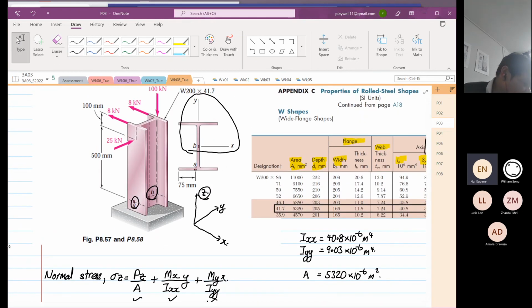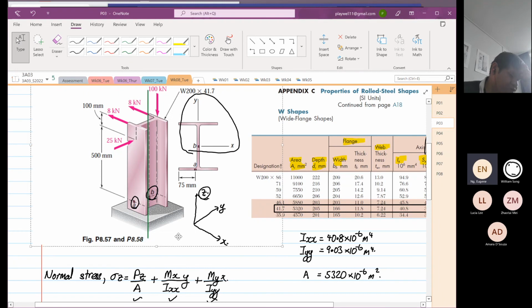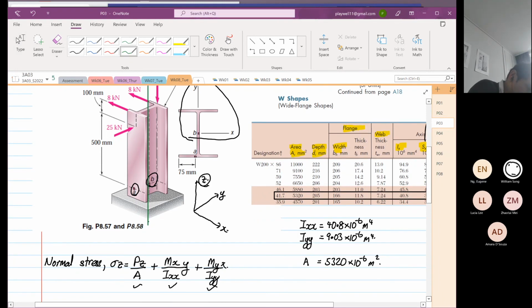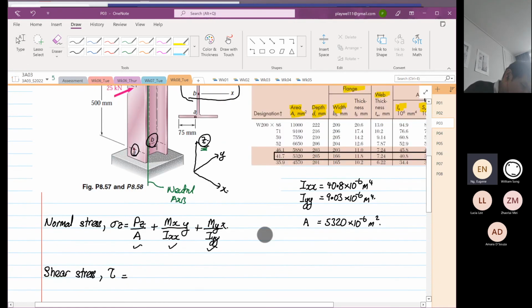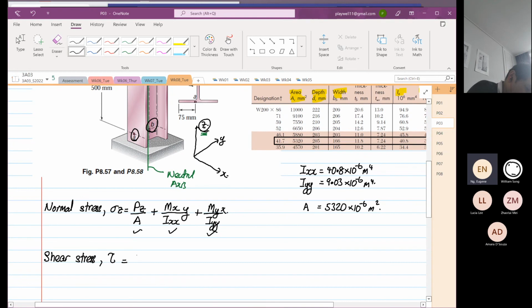if we draw the position of our neutral axis first, okay. So I'm going to draw the position of the neutral axis. This is just a sketch, okay. So that is the position of our neutral axis. And the neutral axis is parallel to the z-axis. So the torque will be in the z-axis,